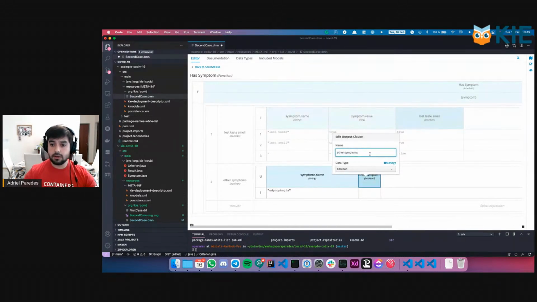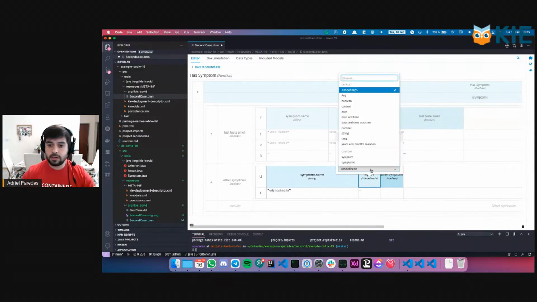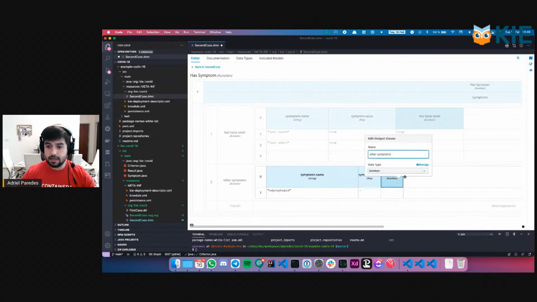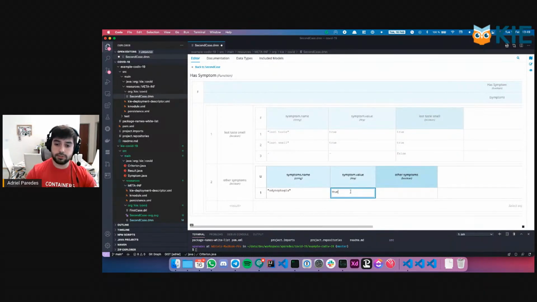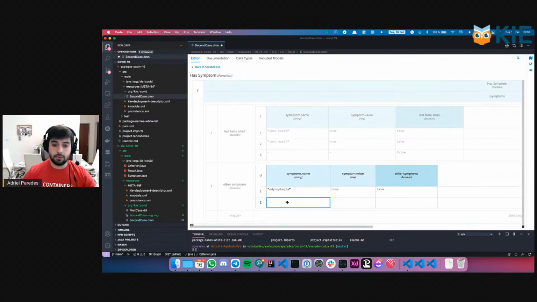So we are going to repeat this as in the previous context. This is a string. Again, we will need to add another column, because this is the value. Symptom. This is the value, and this is again any, and this is the result, that is a Boolean. So we are okay in here. And like in the previous one, we are going to check if it has or not odynophagia, and if it has that, it's true. We are going to implement below if it has a cough, and again, if it has a cough, we are going to return true. And